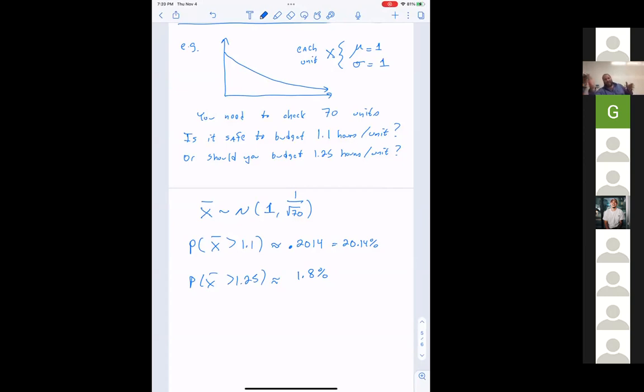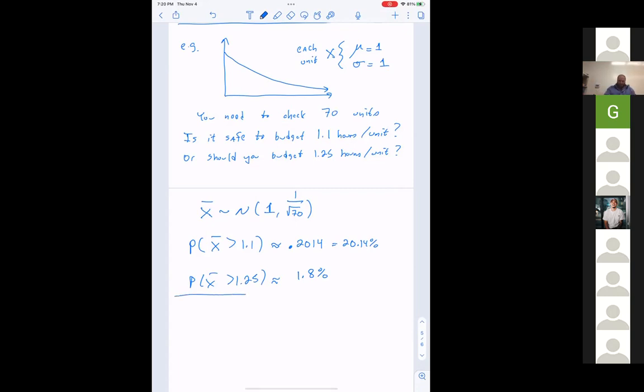So what do these companies do? They budget a certain amount of time based upon averages, based upon how long deliveries take on average. And if they budget too much time for each one, then they can only deliver 10 things in a day versus 15 things in a day, which then backs them up for multiple days. If they don't budget enough time, then they have problems in the other direction. So you can see how companies can use this information to actually increase their profits. This is not just an abstract statistical idea, but it has very practical applications.